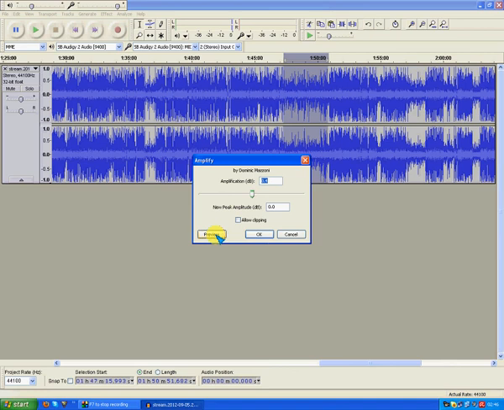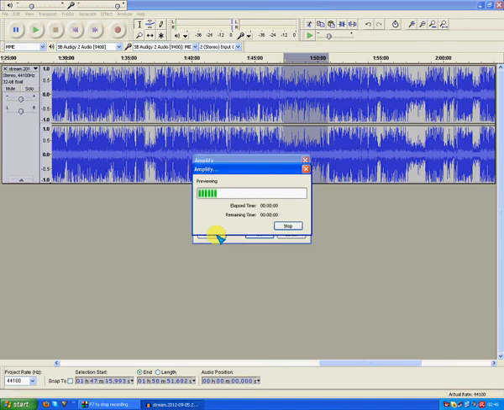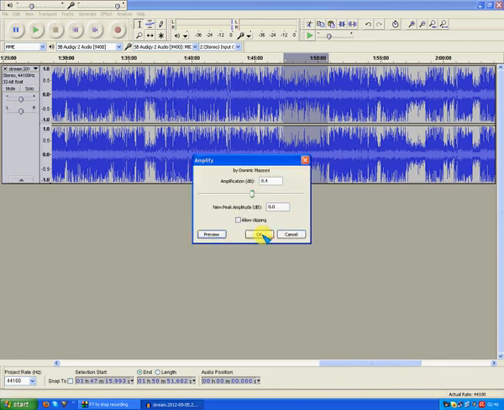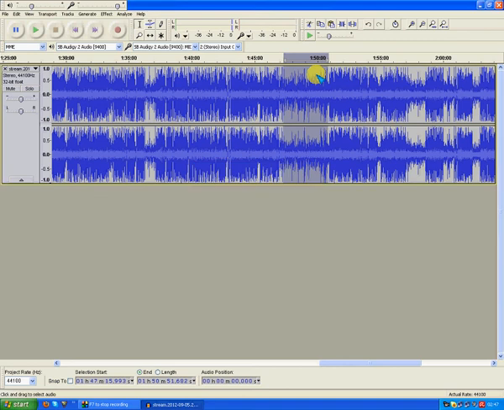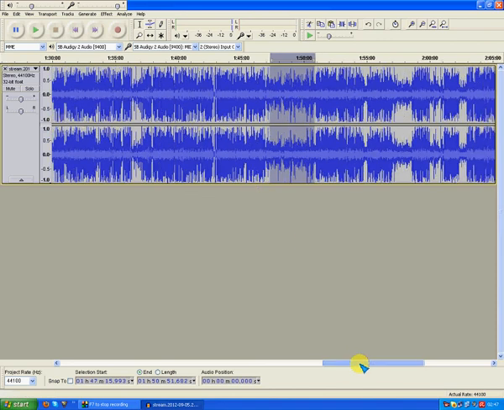So happy with that, click OK, and then you'll see once the process is finished, which again is generally almost instant. It's just that my machine's a bit slow at the moment, and you'll see the waveform spikes increase when the process is ended. The idea of that then is that the balance of the audio is maintained, and you can do that all the way through, but just to speed up the purposes of this tutorial,